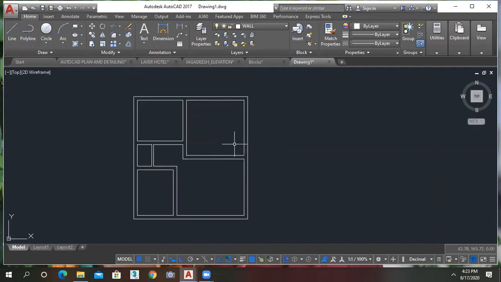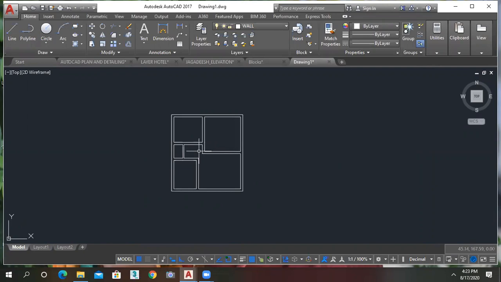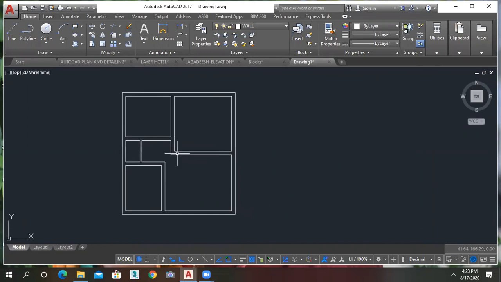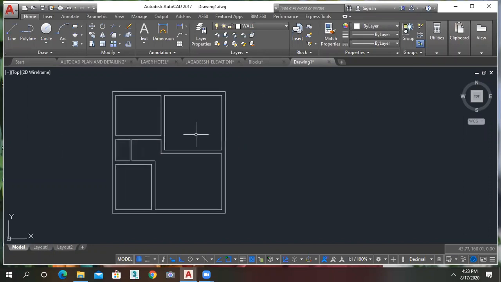As we all know, there are different types of windows, as W, W1 and W2. So what is the dimension of the W now? Does anybody know? Just reply to me in the chat box. If you don't know, then I will tell you. So just click on the window layer now.